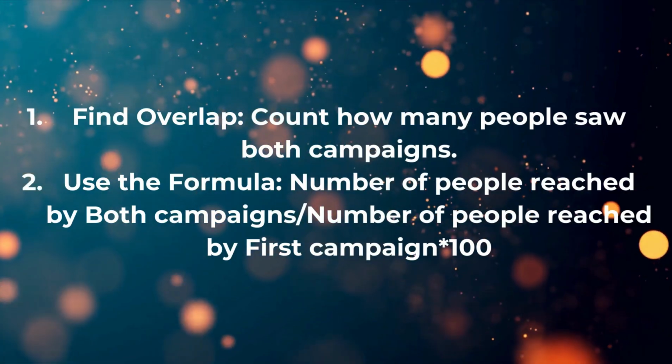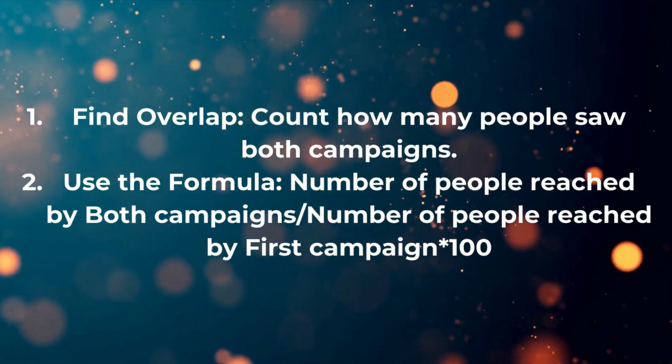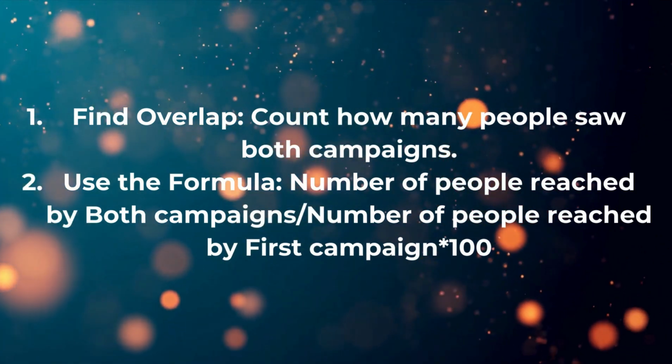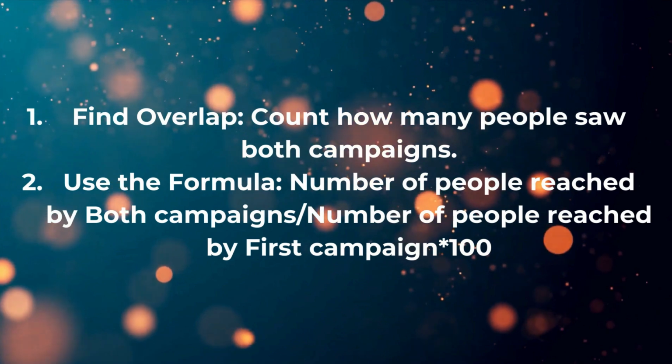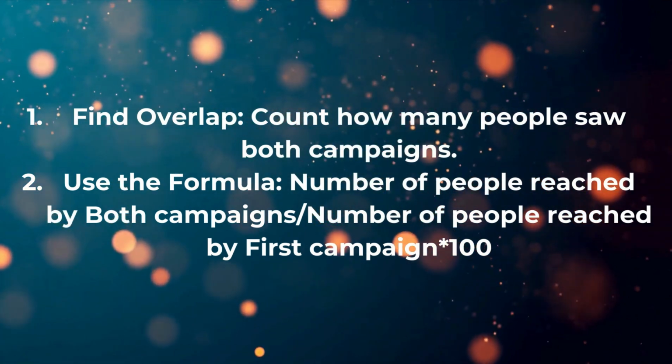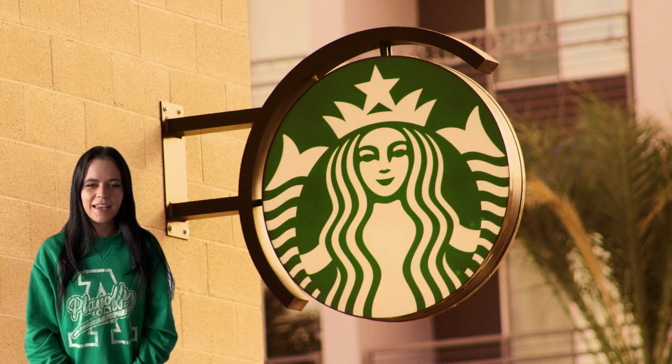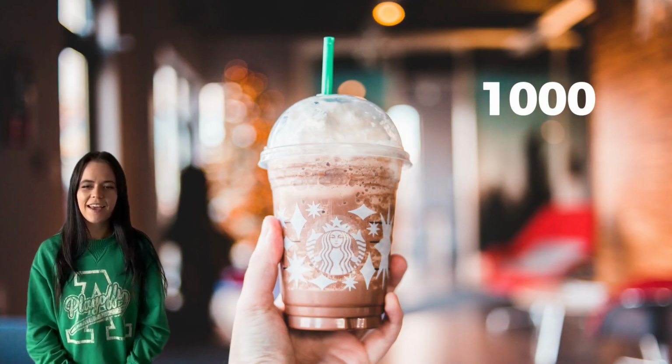How to calculate duplication? First, you find the overlap. Count how many people see both your campaigns. Use this formula: number of people reached by both campaigns divided by number of people reached by the first campaign times 100. Example time. Imagine Starbucks is running 2 campaigns, one for the new chocolate latte and another for the